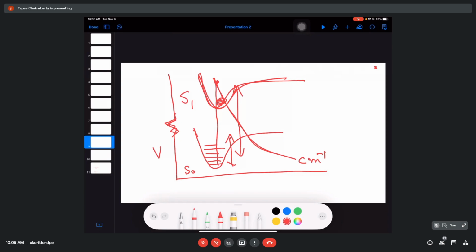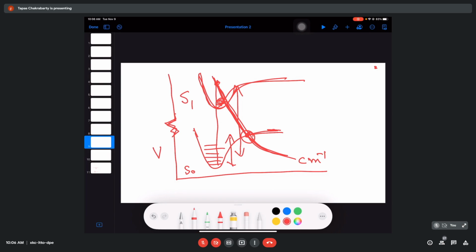But if the excited state has a shape like this, which does not have any minimum, that is, it is repulsive in nature, then once you excite the molecule here, very quickly it rolls down and can interact with the ground state here. So it means that along this downhill the molecules are coming down, meaning some chemical bond is undergoing elongation, and it can interact with the ground state here. And from this position, the bond breaking process can take place.